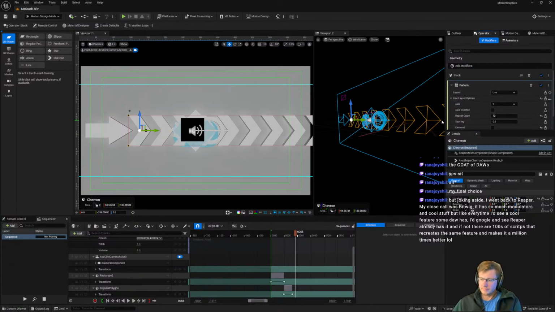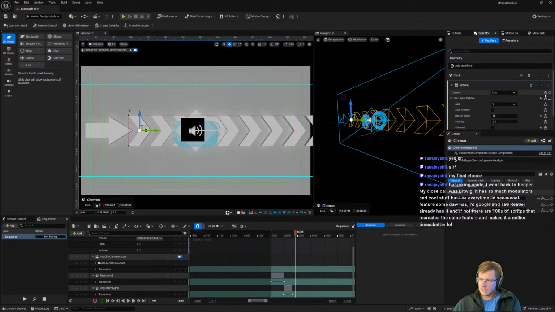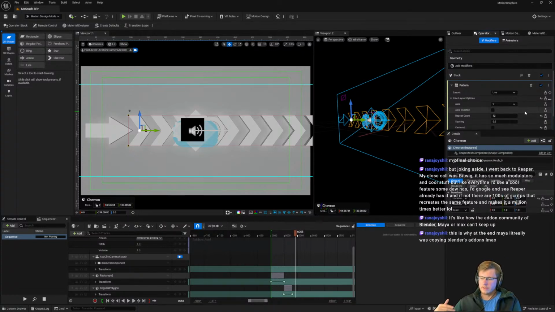Nice, man. Reaper and its cyberpunkness has been calling. Like how the add-on community of Blender, Maya, or Max can't keep up. This is why at the end Maya literally was copying Blender's add-ons.